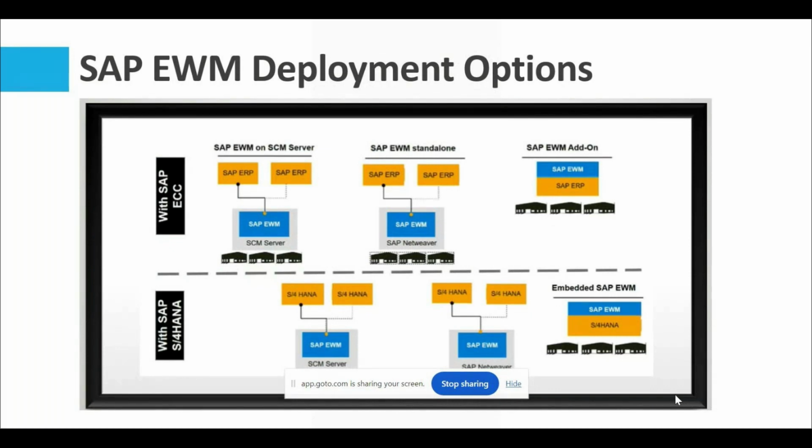Apart from having a physical independent server for EWM or an integrated EWM add-on into the SAP ECC server, what is the difference that we see from the process point of view? From the transactional data point of view, whether it is inbound or outbound,